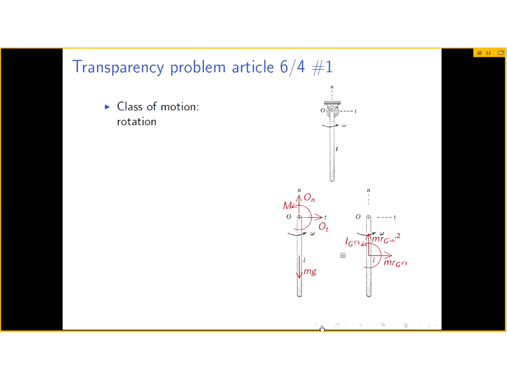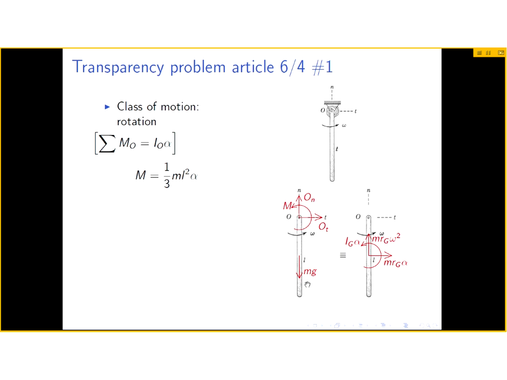The next step is to apply the equations, equation 6.1 or then possibly equation 6.4. So okay, let's look at that then. Applying equation 6.4 says the sum of the moments about the axis of rotation, O, must be the same as the moment of inertia about point O times alpha. So if you look at the free body diagram, the weight doesn't have a moment about point O at this